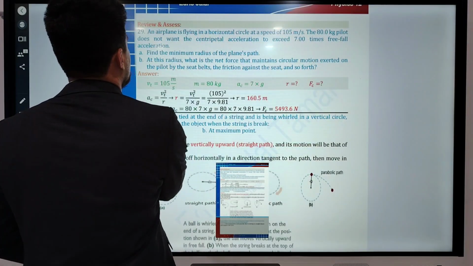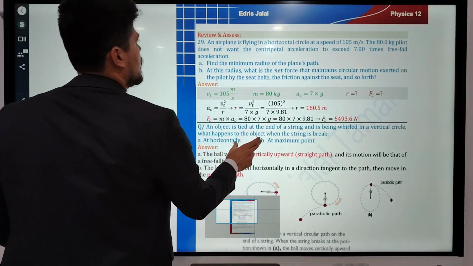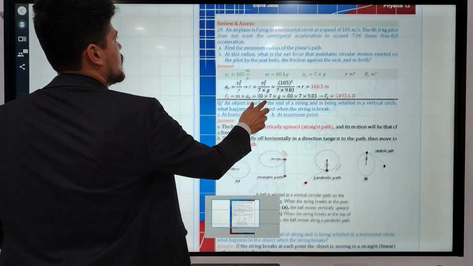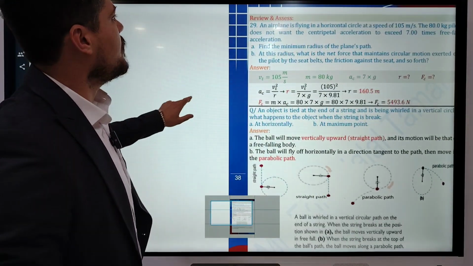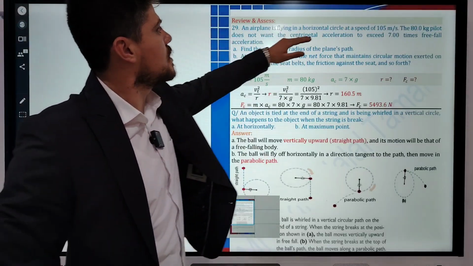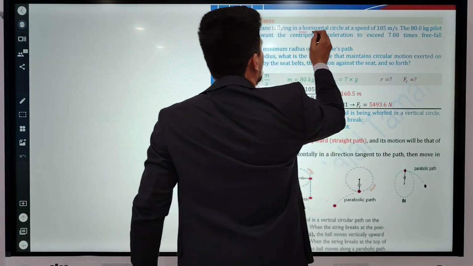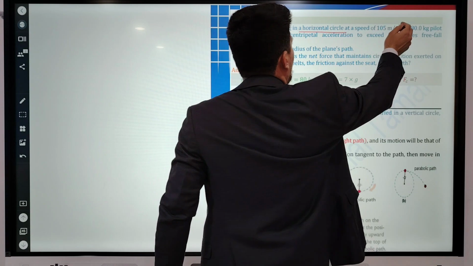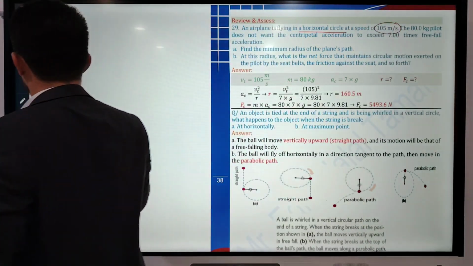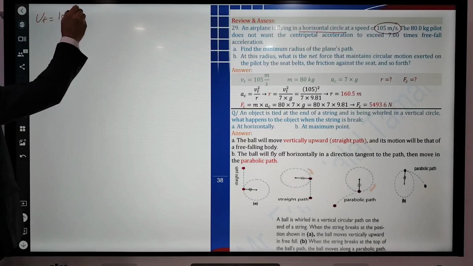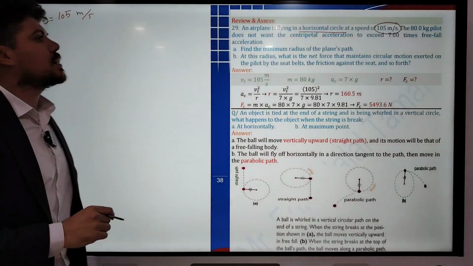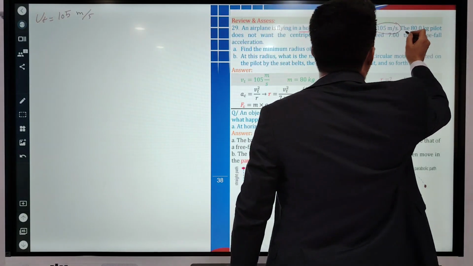Question 29. Look at this question. Listen carefully, please. An airplane is flying in a horizontal circle, at a speed Vt equal to 105 meters per second. The 80 kilogram pilot